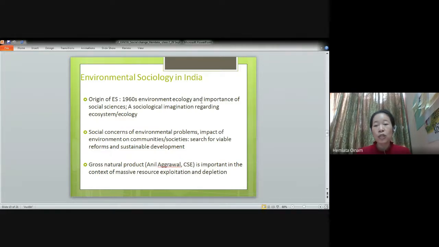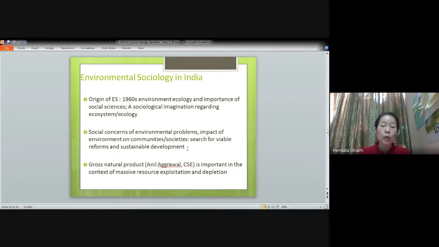Environment, ecology, and the importance of social science received a very big recognition during this time, and a sociological imagination regarding ecosystem, ecology, and the relationship between human and environment started being discussed. Social concerns of environmental problems, the impact of environment on communities or societies, or the search for viable reforms and sustainable development had already started through different disciplinary